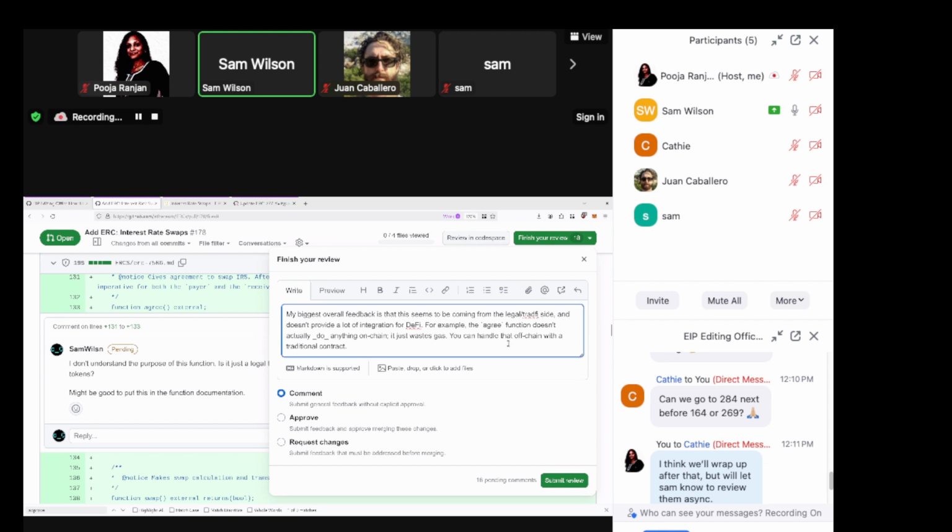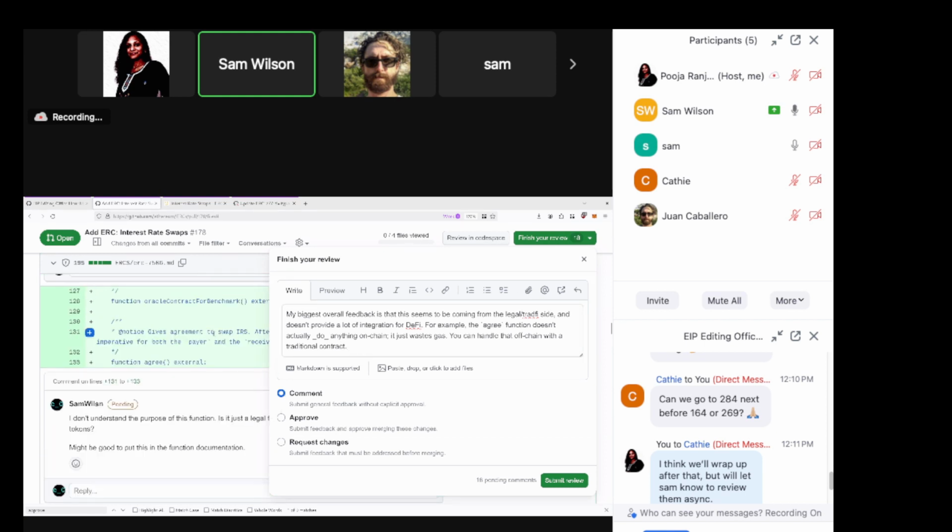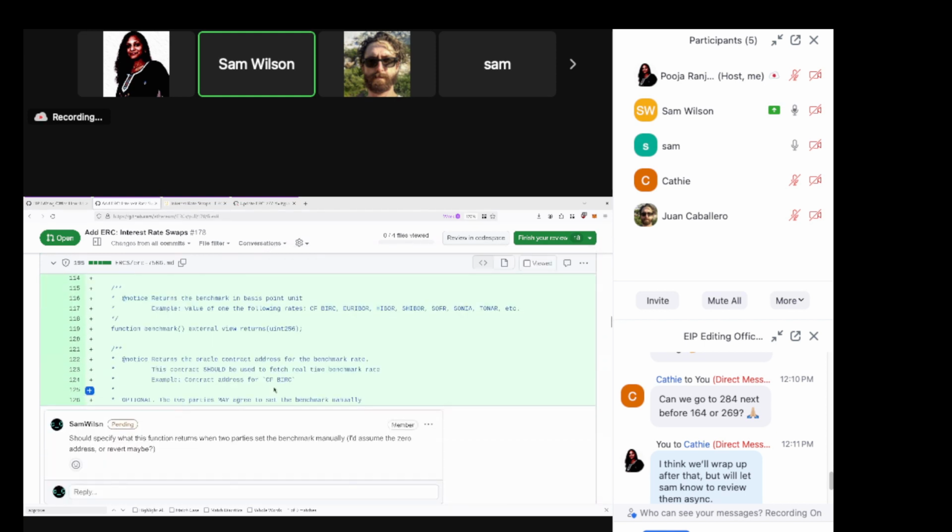I'm not an expert on financial stuff, so please take this comment with a grain of salt. Try to do as little on chain as possible because it costs money, and try to provide as many hooks and tools for other contracts to interact with yours. People call it money Lego all the time. So for example, not providing the